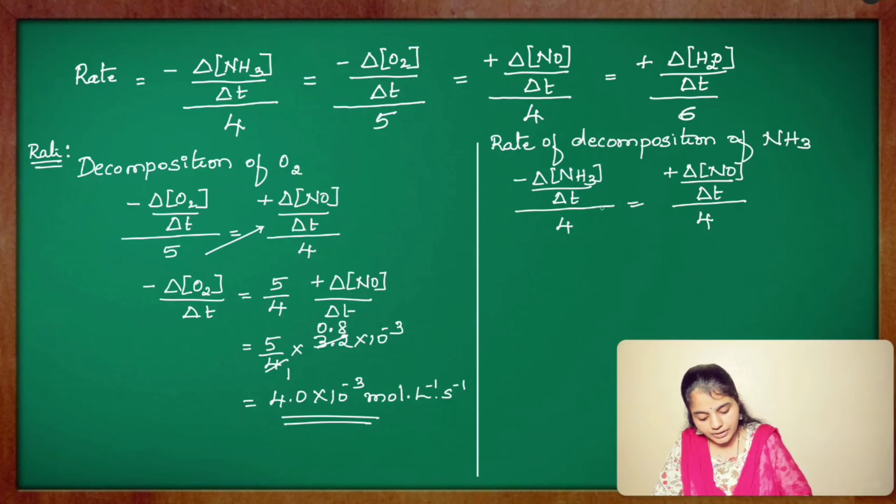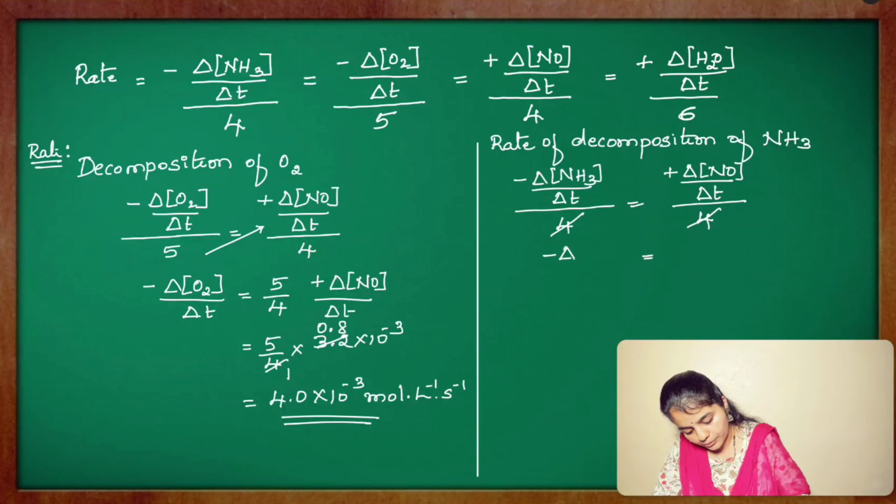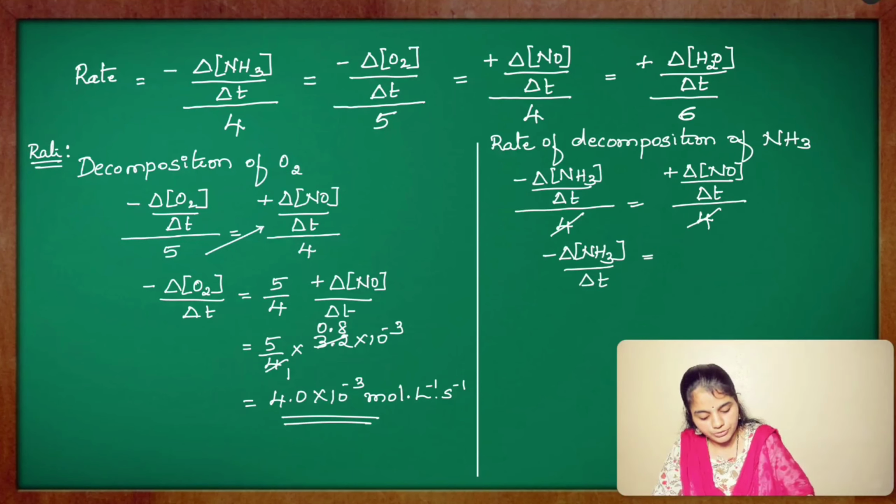Upon rearranging, this 4 and 4 get cancelled, and therefore the rate of decomposition of NH3 is equal to the rate of formation of NO, that is 3.2 into 10 to the power minus 3 mole per